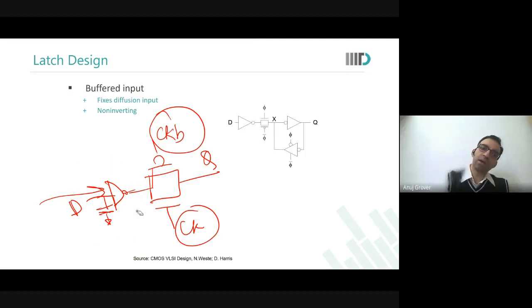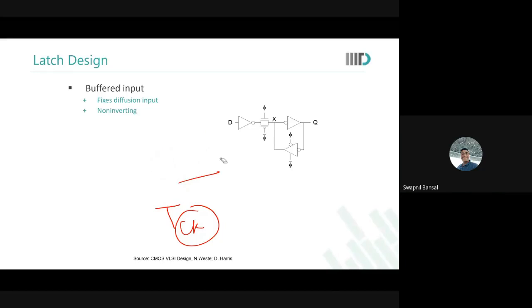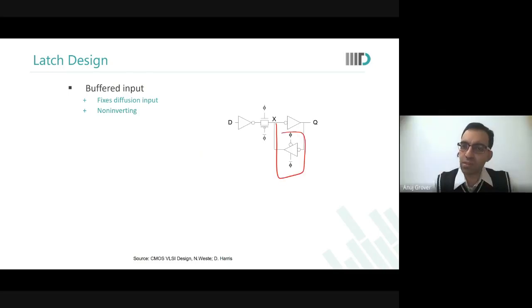Okay, let's move ahead. Sir, but in the case we just discussed with the buffer input and the tri-state logic, we still have the problem of back driving, right? We haven't overcome that problem. Why? I have a tri-state over here. It is off when this pass gate is on. So what will drive anything back?